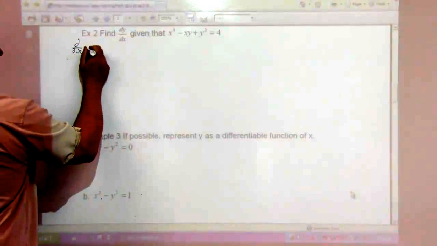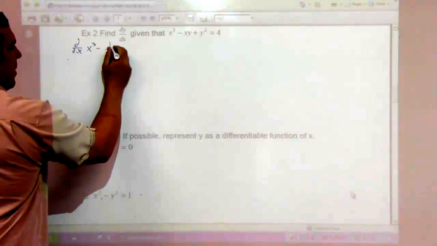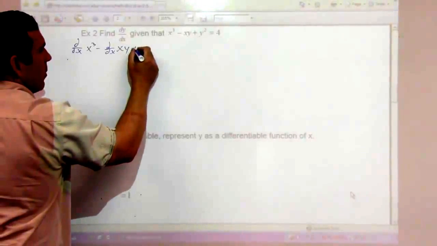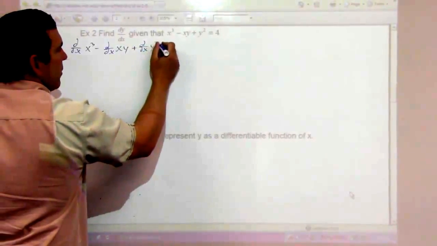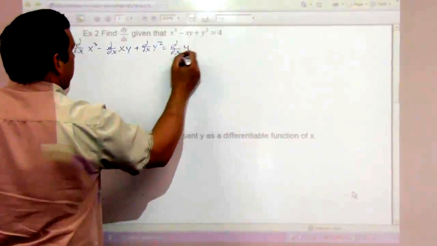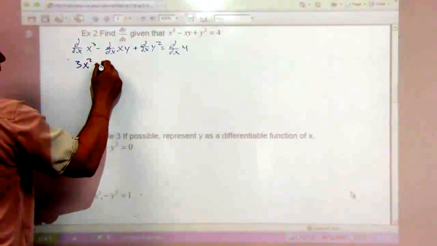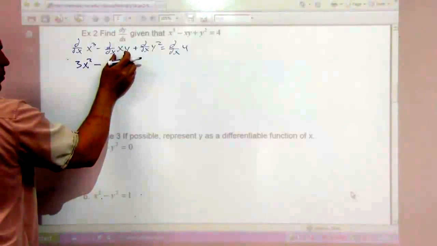So our second example, the first one was typed up. This example: find dy dx given that x cubed minus xy plus y squared equals 4. So we're going to take the derivative with respect to x of x cubed minus the derivative with respect to x of xy. That is a product, so we're going to have to use the product rule here, plus the derivative with respect to x of y squared equals the derivative with respect to x of 4. So this is 3x squared minus, now we've got a product rule,